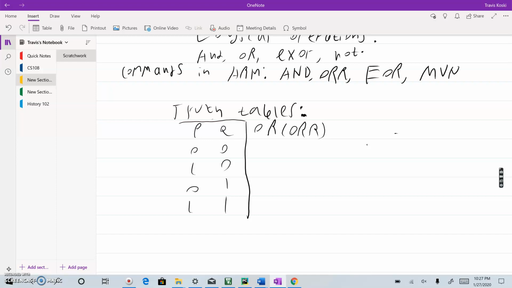So when you have OR, basically when you OR two things together, the result is 1 if just one of them is 1. So in this case, P and Q are both 0, so 0 or 0 is going to be 0. 1 or 0 is 1, 0 or 1 is also 1, and 1 or 1 is also 1. One of them has to be true. 1 can be seen as true, and 0 can be seen as false, or on or off, or however you want to see it. And then the next one, AND,